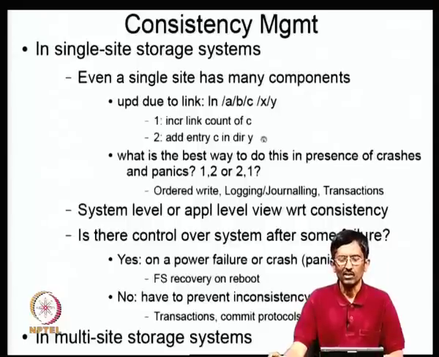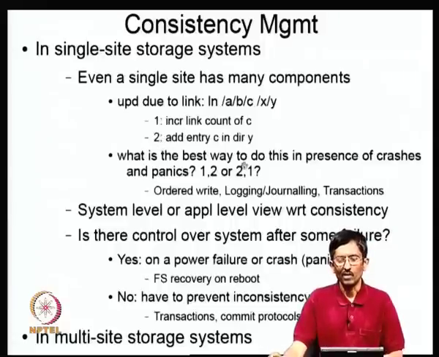That's all that happens. So this is less of a problem, and that's the reason why, if you look at older file systems, they will go through step 1 followed by step 2. They do not go step 2 followed by step 1. This is what is called ordered write. Basically, ensure that whatever happens, you first make sure that this part of the update to the storage system, that is the metadata corresponding to the inode for C, is flushed to disk first, then later this is done. So this is what is called ordered write. You order the writes in which things have to go to disk.